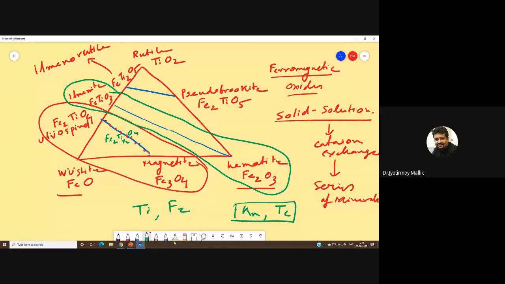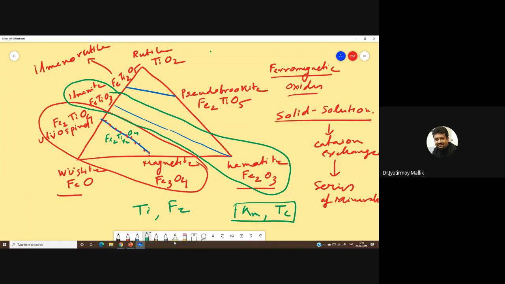They are all solid solutions because this cation exchange happens not in the liquid state. It happens in the solid state itself. The process of cation exchange that creates a series of minerals is very important for magnetic mineralogy, because they are ferromagnetic, and the presence of any of them in the minerals actually changes the bulk susceptibility of the rock to a higher value. 1 or 2% of the presence of magnetite can actually.